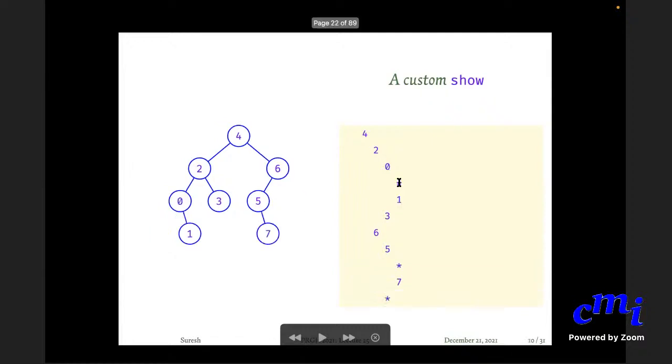You can do that, and the way to do it is, yes, here is another example. So you have 4. Here its children are 2 and 6. Those are at this level, and 2's children are 0 and 3. So 3 has no child. 0 has a child star, and then 1 here has no left child and 1 right child. 5 has no left child, so it will be a star here and a 7 there to its right. 6 has a left child, which is 5, but no right child, so it's a star.